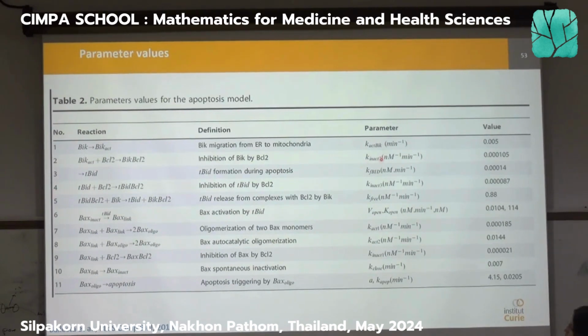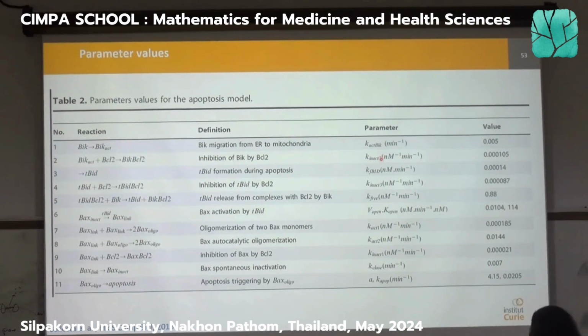Maybe something I wanted to stress was the high range, as you can see. Here there is a higher range for this particular reaction, which is the one I detailed, where BIC actually releases the TEBID from the BCL2 inhibition. And as you can see, this seems to be a very active and important reaction, which also explains why just changing the level of BIC between normal and cancer cells has a large effect on the system.